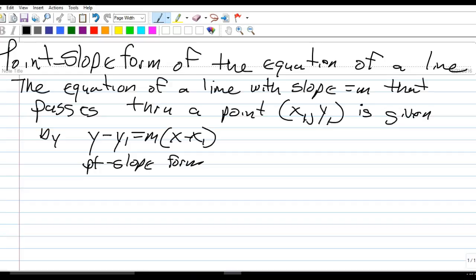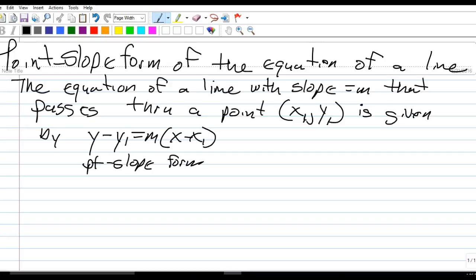We've discussed the slope y-intercept form of the equation of the line. Now we want to talk about a different form of the equation of a straight line. It's called the point-slope form of the equation of a line. The equation of a line with slope m that passes through a point (x sub 1, y sub 1) is